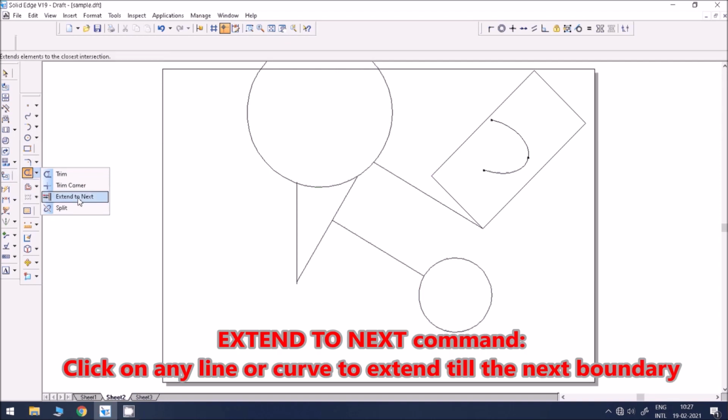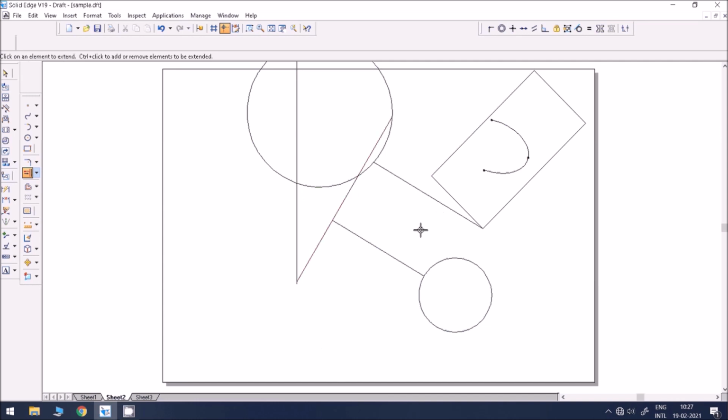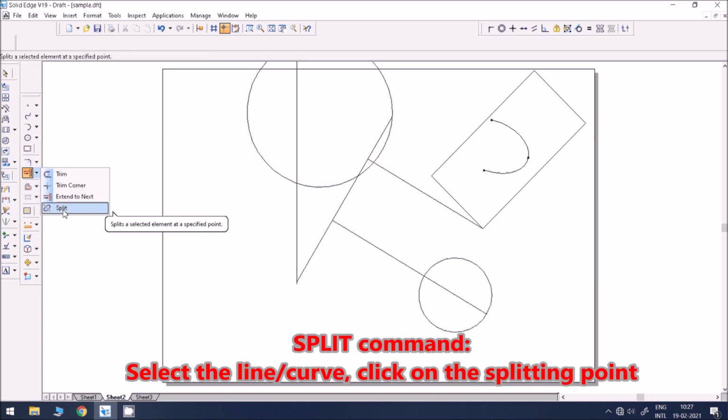Extend to next is another editing command. Click on any line or curve to extend till the next boundary. Split is another useful editing command.